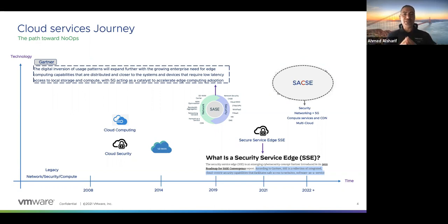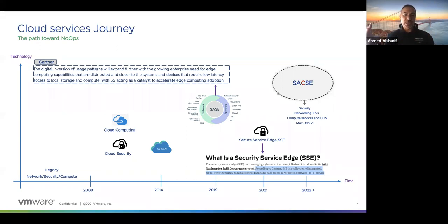Like Starbucks or Pizza Cafe or one of these customers who don't really serve the users and give users anything but internet connectivity, then SSE will be pretty much good for them, like distributed branches all over the place, and I just need security in the cloud, and everybody's going to the cloud anyways. I don't need SD-WAN, I don't need anything else. So that will be a perfect scenario for customers like that. But for someone modernizing the application, changing the way he's doing the business, then SASE will be the right choice, okay?